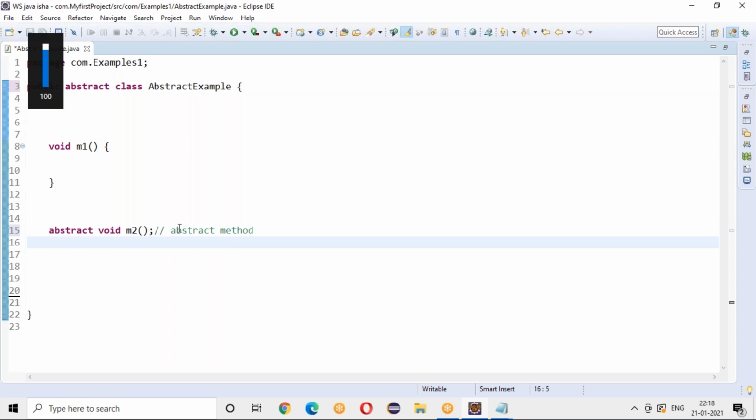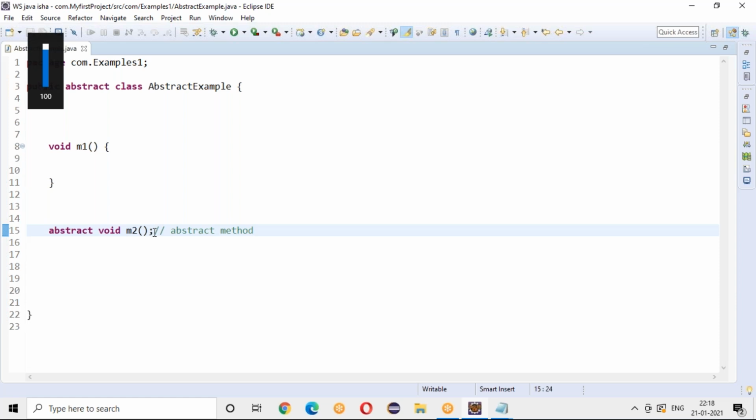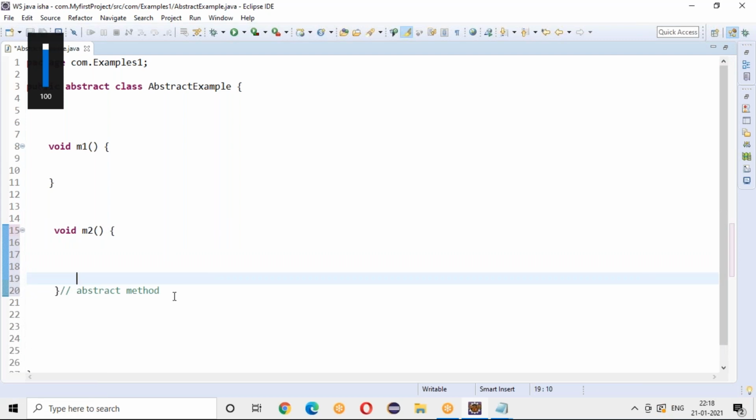Sorry, you are asking something? No, it's clear. Okay. But for vice versa, it will not throw a compile time error. What is the meaning of vice versa? If I have an abstract class and I do not write any abstract methods, and I write all normal methods, then it will not throw any compile time error, but it is not suggested.